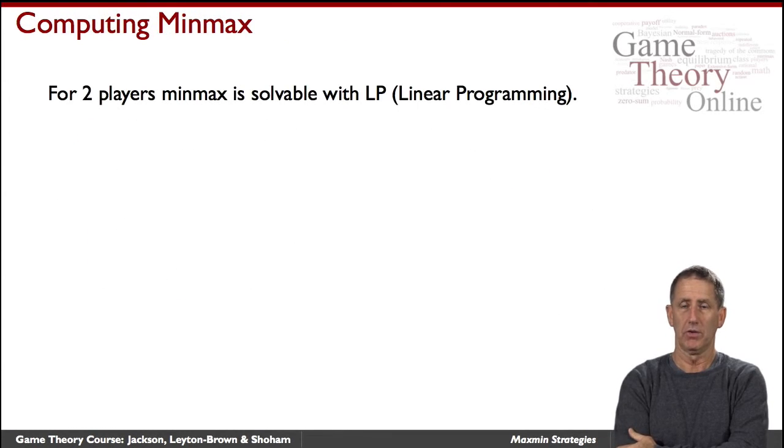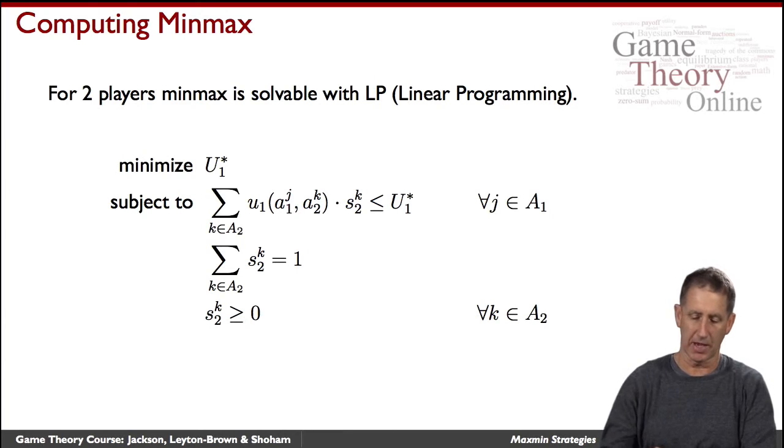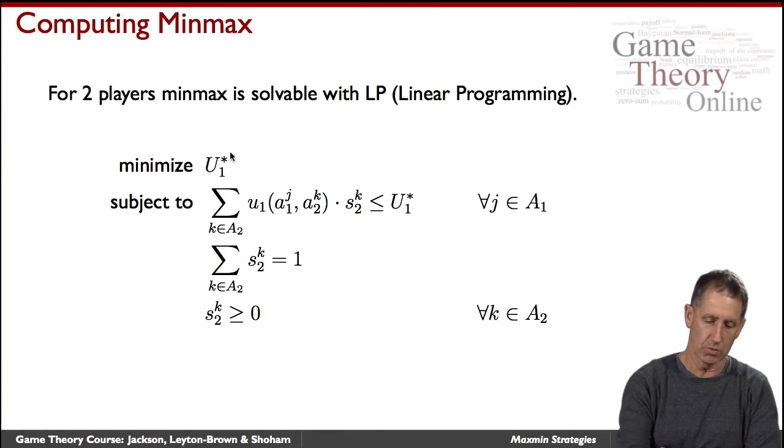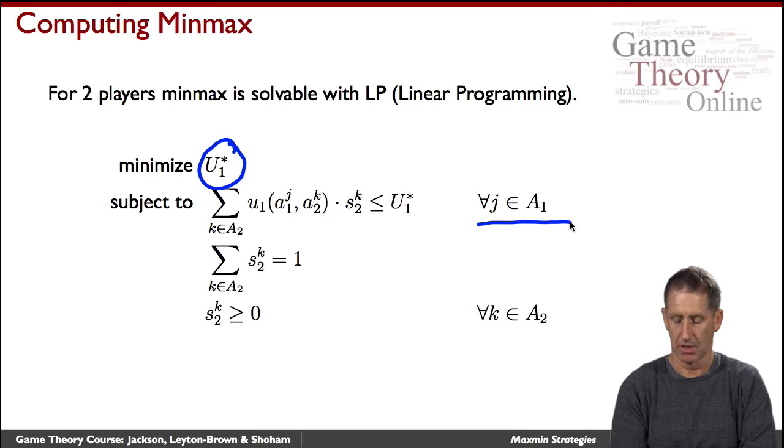In general, we can use the min-max theorem to compute the equilibria of zero-sum games, and we do it by simply laying out a linear program that captures the game, and here it is. So U1 star is going to be the value of the game, that is the payoff to player 1 in equilibrium. And so we're going to specify it from player 2's point of view. We could have done it the other way around also. So what player 2 is saying is, for each of the actions that player 1 might consider,